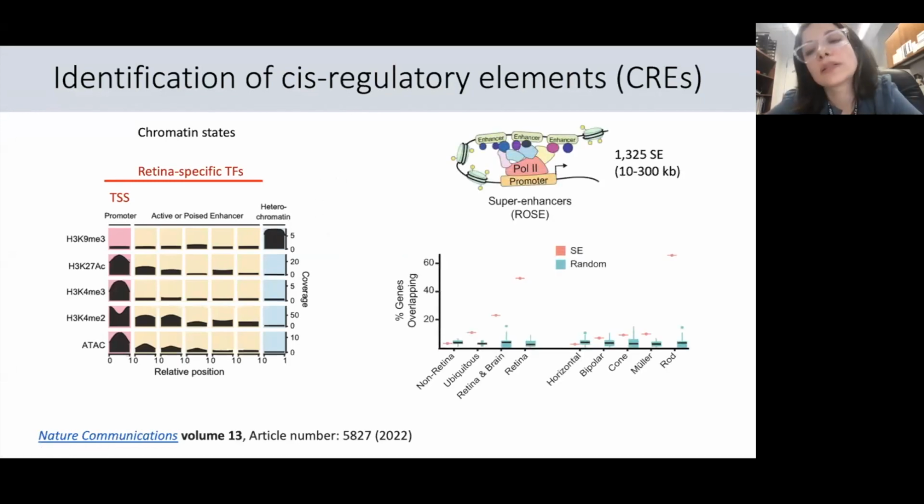And then we wanted to also identify super enhancers, which are regions longer than normal enhancers that have higher occupancy of cell type specific transcription factors, but are also characterized by higher levels of histone acetylation. So we identify over 1,000 super enhancers in the human retina, ranging from 10 to 300 kilobases. And we observe that these super enhancers overlap with over 50% of retina enriched genes and over 70% of rod enriched genes,